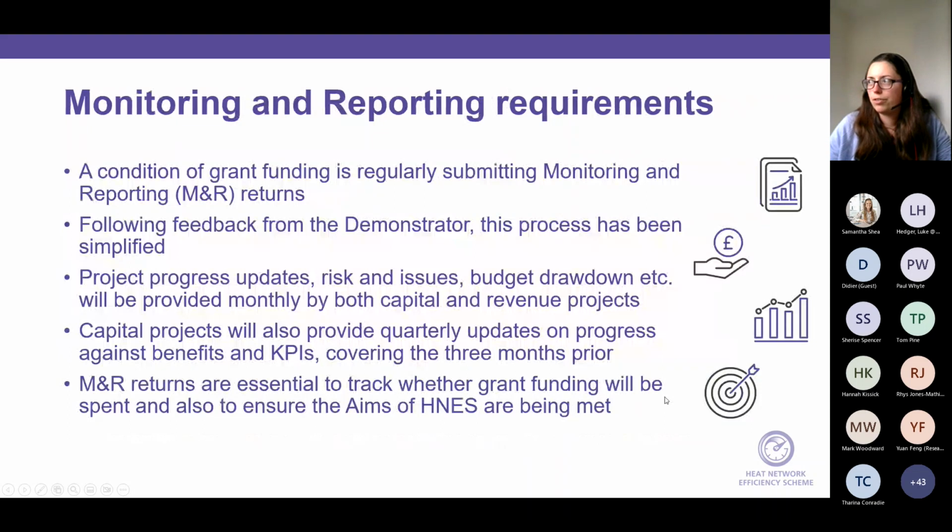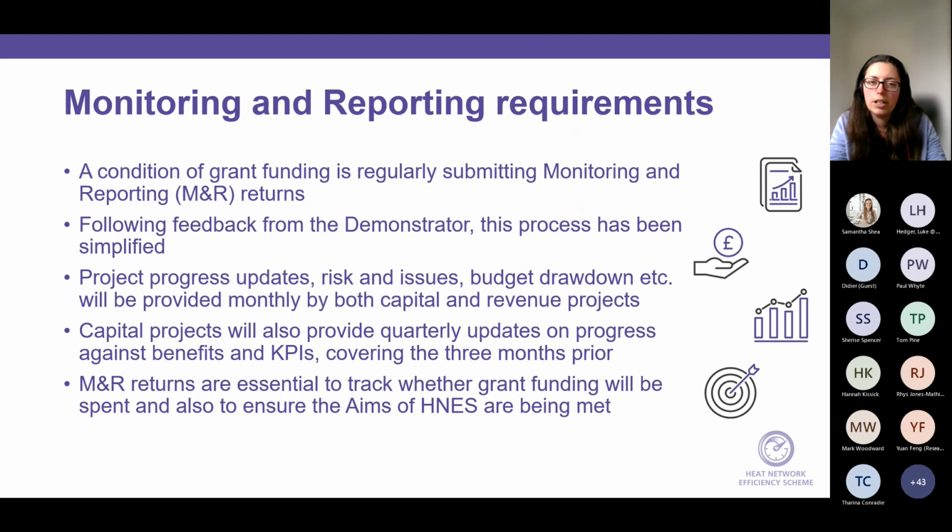So in terms of once the funding has been issued, so the client has signed either a grant funding agreement or a memorandum of understanding, there is a requirement for monitoring and reporting to be completed, and this is a condition of the funding. So this was something that was part of the demonstrator as well, and we've made some changes, mainly on the capital side. So M&R reports have to be submitted monthly, and that will cover an update on the progress of